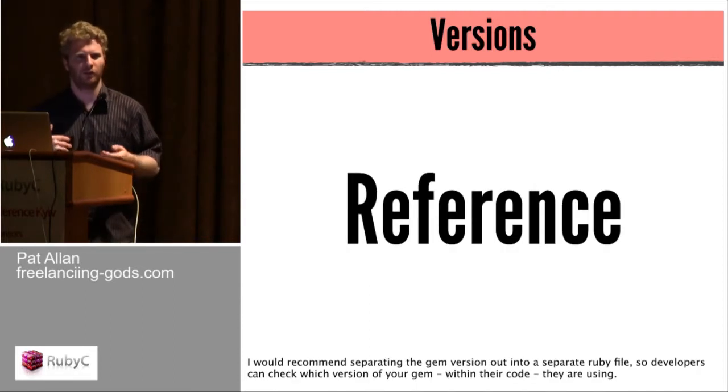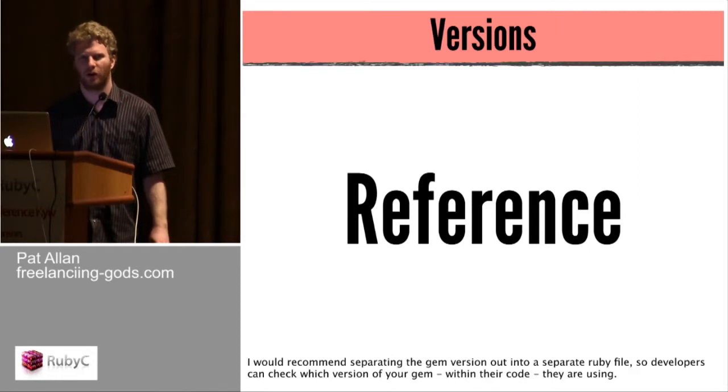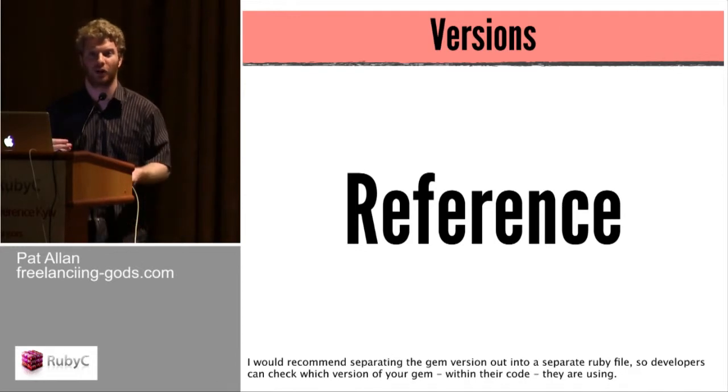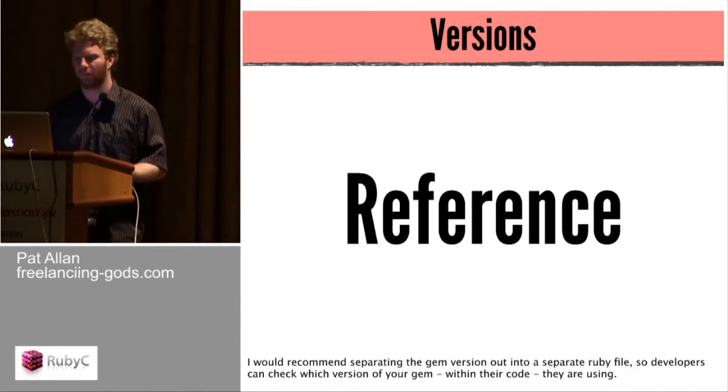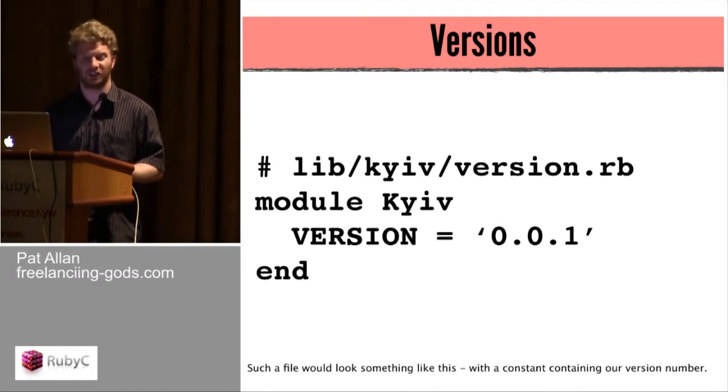Now, when you're using other people's gems, it's sometimes useful to know which version of their gem you're using, particularly if you're writing gems that interact with other gems. So I write plenty of gems that interact with, say, Active Record, and I like to know which version of Active Record I'm using just in case there's different behavior. So it's useful to be able to reference that version number in Ruby code. The way I do this these days, and the way I see a lot of other people doing this, is having a constant